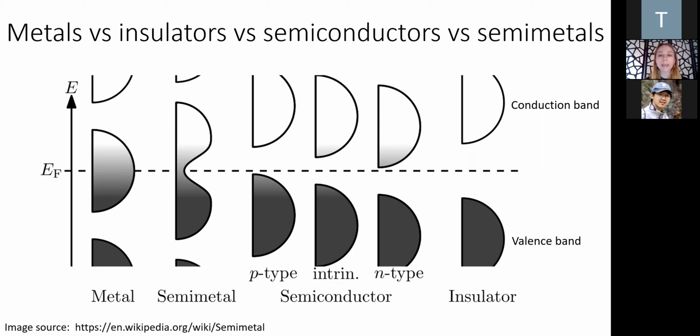So for that reason, many insulators, such as this glass dirty cup that I used to have coffee in earlier, they are transparent because the band gap is larger than visible light. So semiconductors, and ignore the p-type, n-type distinction here. Semiconductors, for most intents and purposes, are exactly the same as an insulator. So from my perspective, no difference.